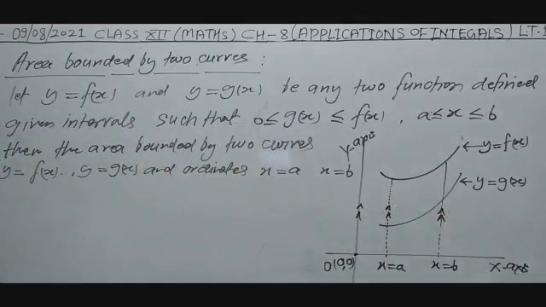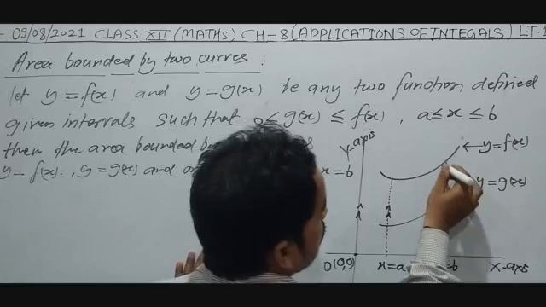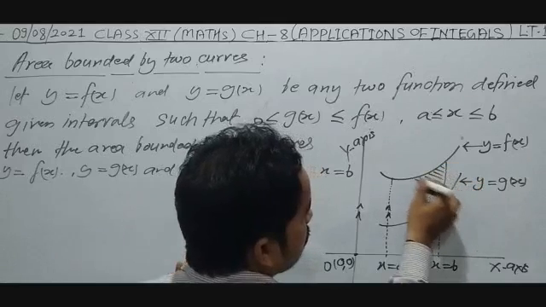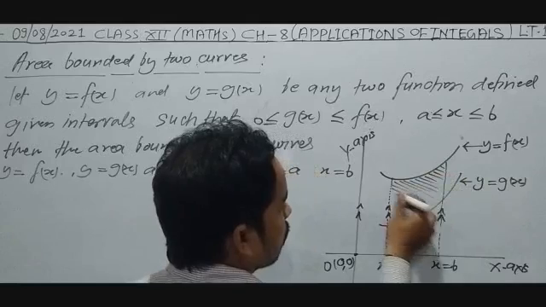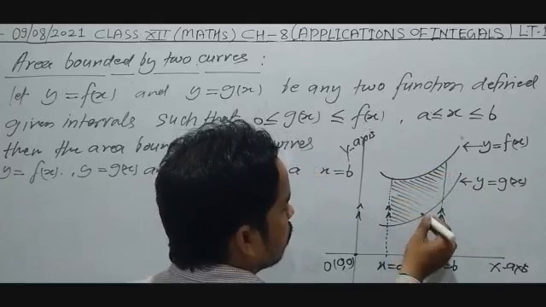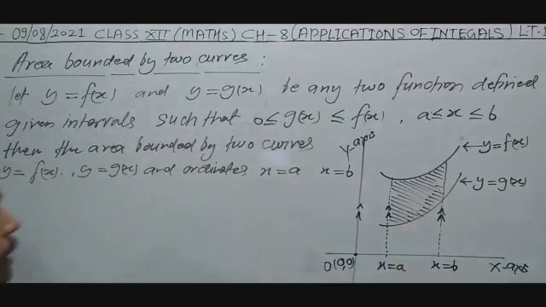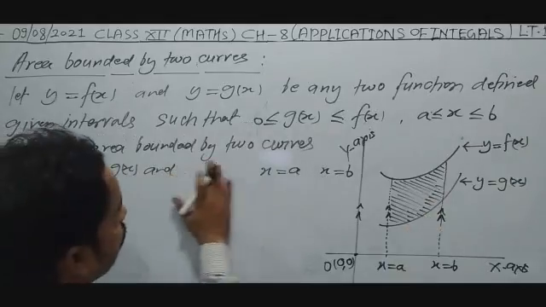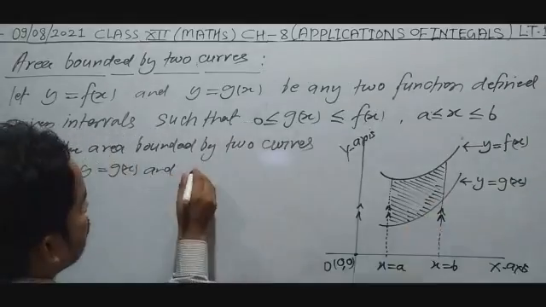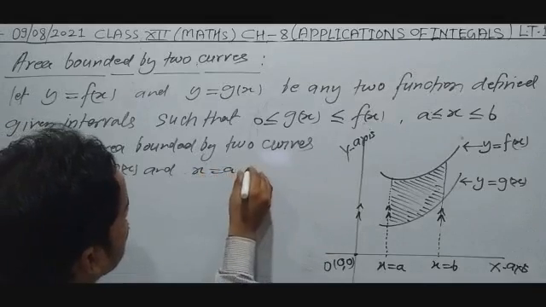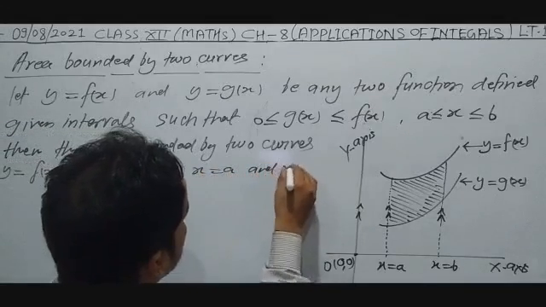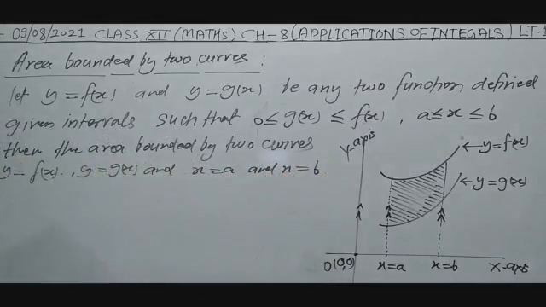Now the area bounded by two curves, y is equal to f(x), y is equal to g(x), and x is equal to a and x is equal to b. What you can say? This is the condition given, f(x) is always greater than g(x). In case, therefore,